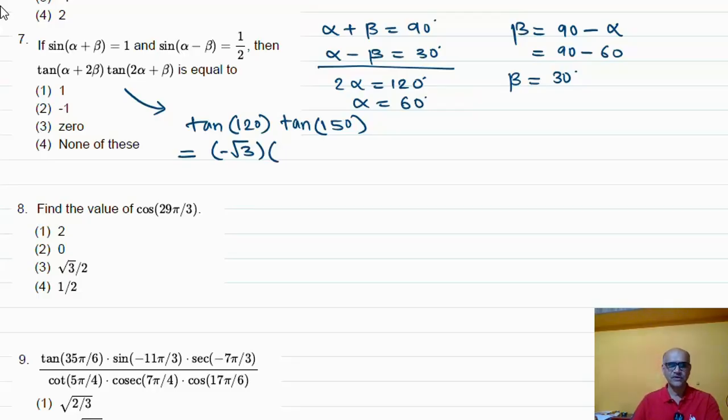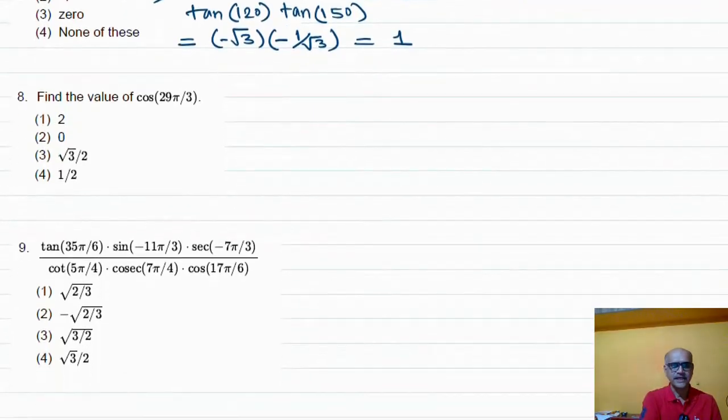150 is in the second quadrant, again tan is negative, 150 is 180 minus 30, so tan 30 is 1 by root 3, minus 1 by root 3. So minus into minus is plus, root 3 cancels, you will get answer 1, that is option A, 1 is our answer. Clear? Next, find the value of